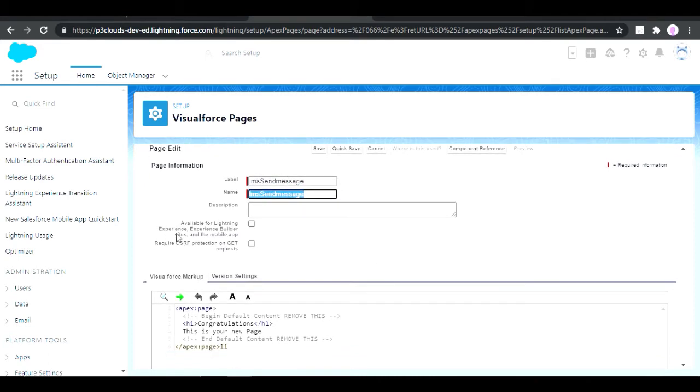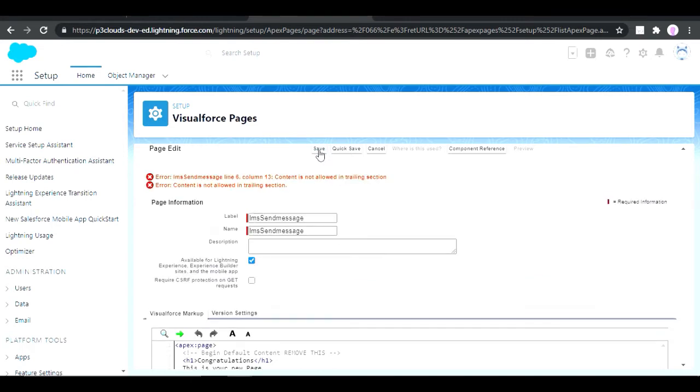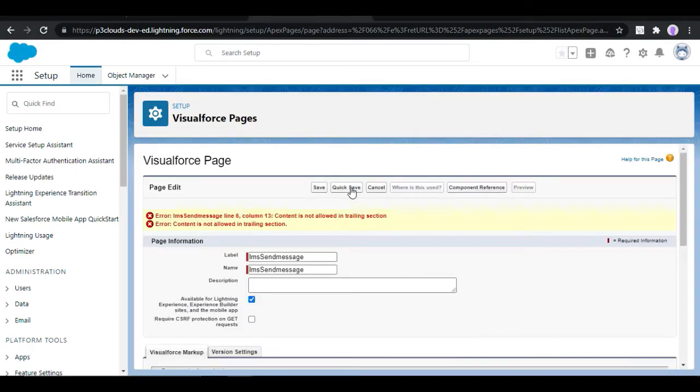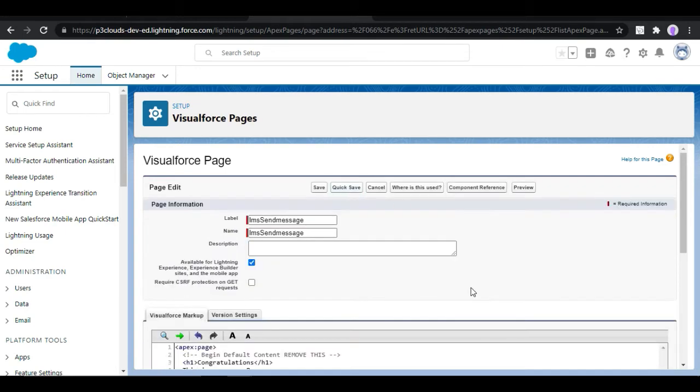One thing you need to take care of, you need to check this box so that this Visualforce page is available for Lightning pages. So we need to check this checkbox, and then you can save it. Okay, now we have created the Visualforce page.